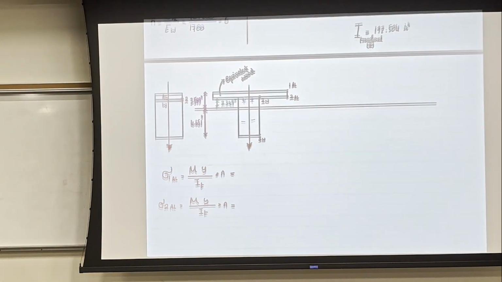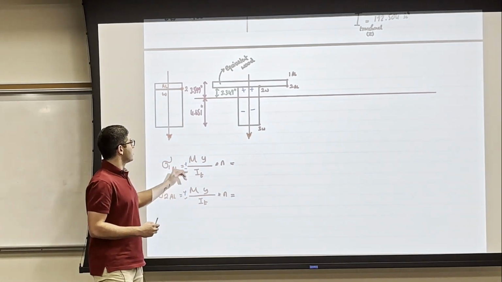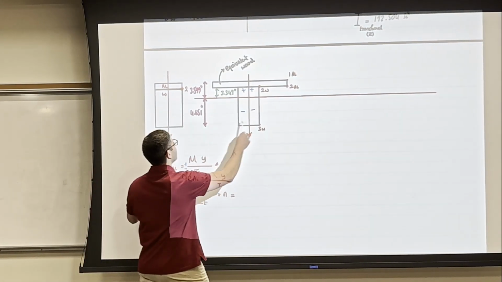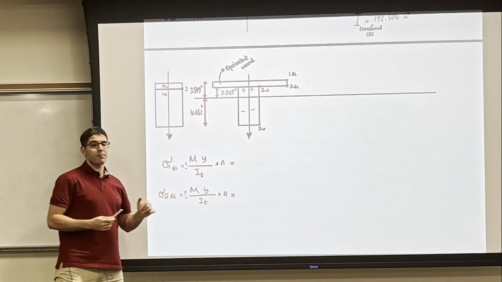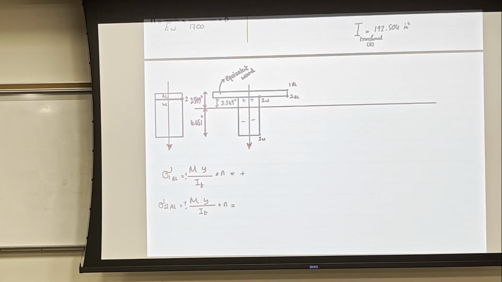So now it's easy for me to identify, because the stress equation is plus or minus My over I. Now I know point 1 here is in the positive region, so I'm going to put plus. So plus the moment, which is 5,000 pound-foot. Let me write it down here. So I'm going to write 5,000 pound-foot, and I'm going to multiply this by 12 to convert the pound-foot to pound-inch, and then multiply by y, which is the distance from the centroid to point 1,